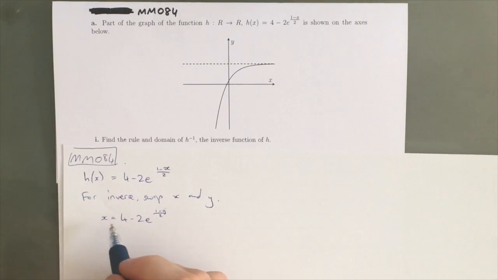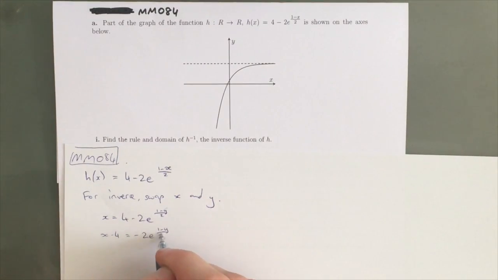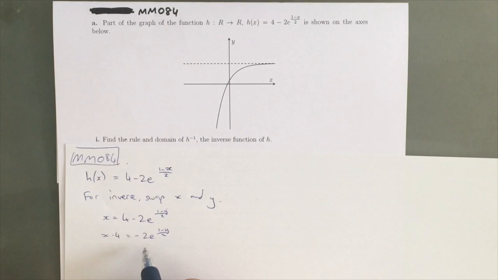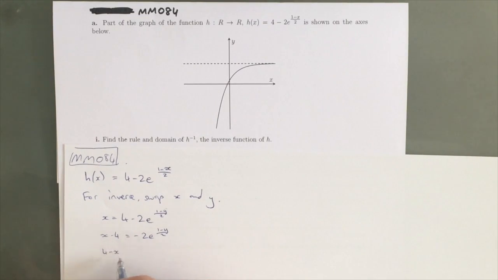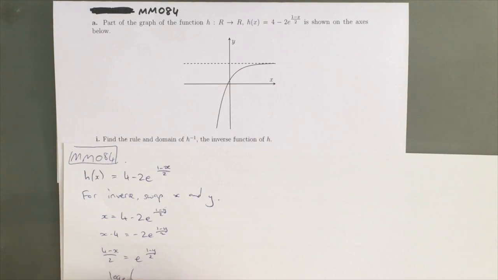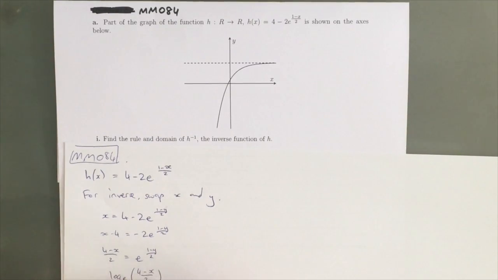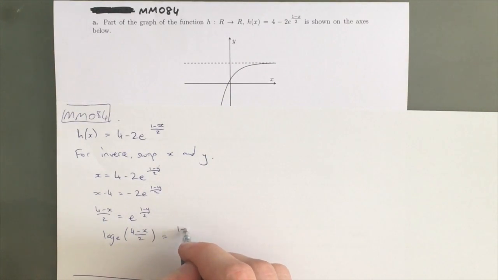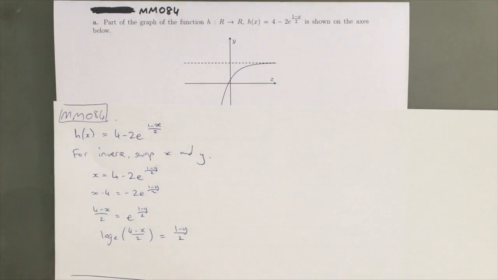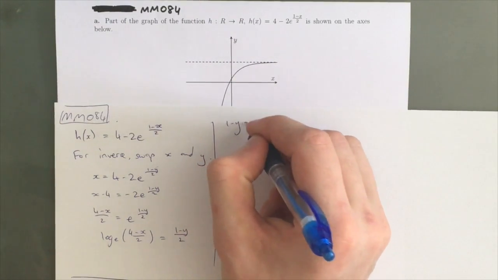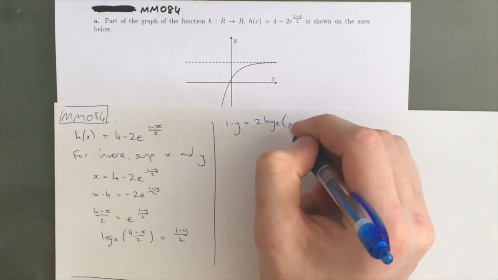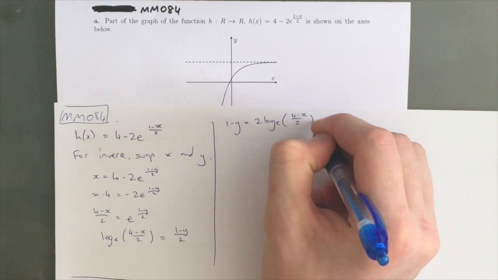So yep, we just take 4 from both sides. We get x take 4 equals negative 2e to the power of 1 take y on 2. Divide both sides by negative 2. The negative makes this 4 take x, and then over 2, which equals e to the power of 1 take y over 2, which means that log e of 4 take x over 2 is equal to 1 take y over 2. Which means that 1 take y is equal to 2 log e of 4 take x over 2,